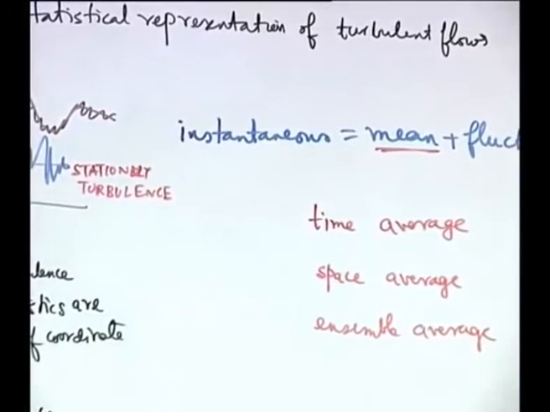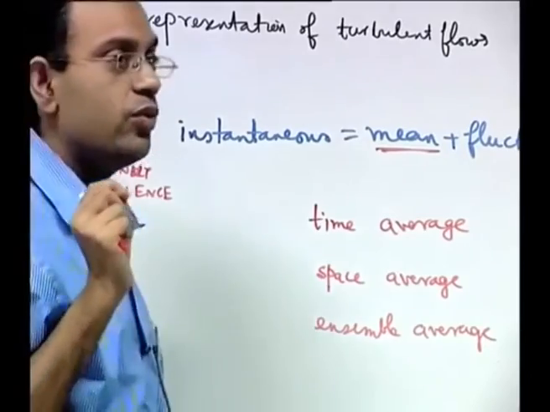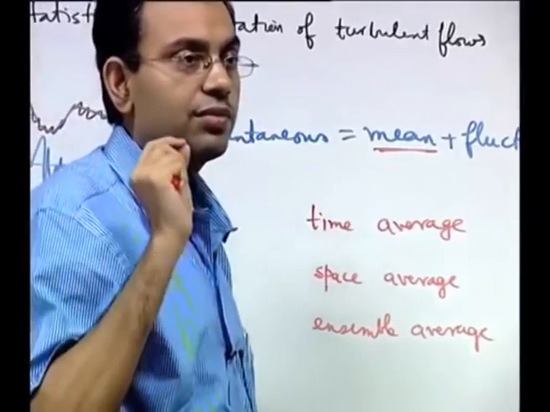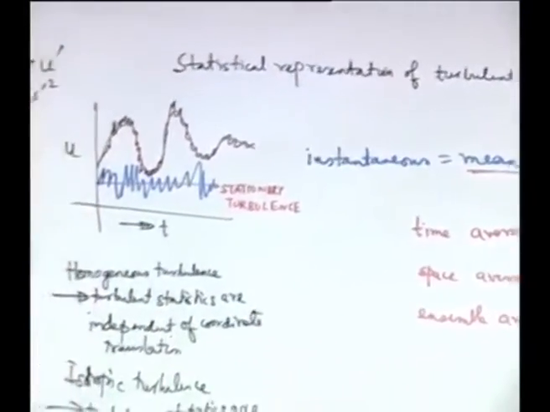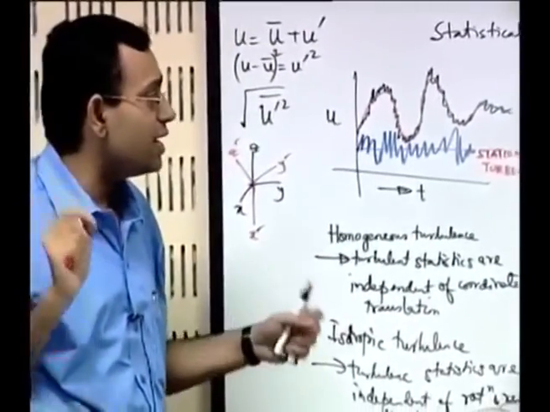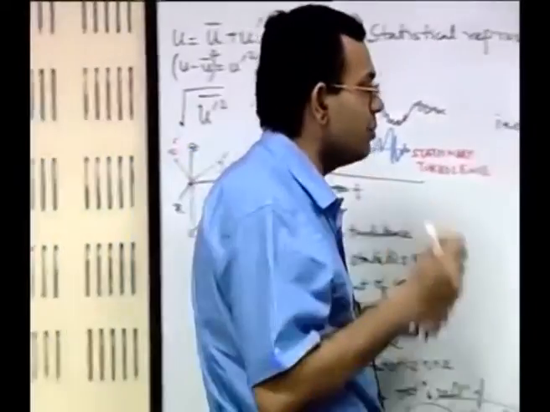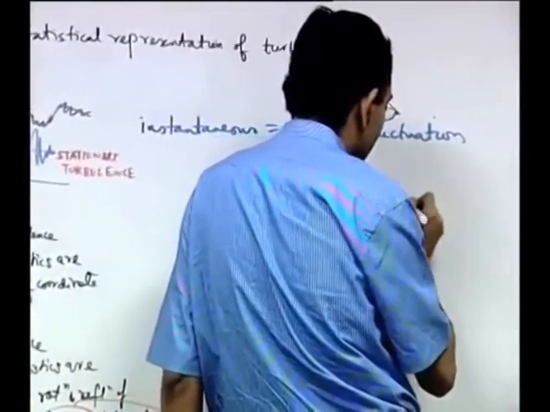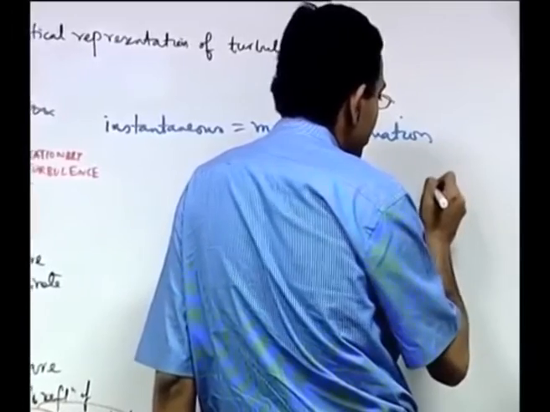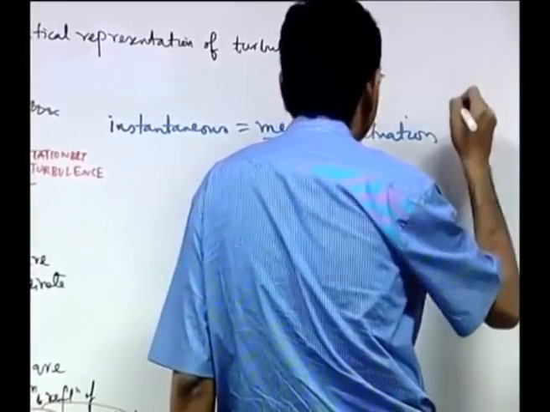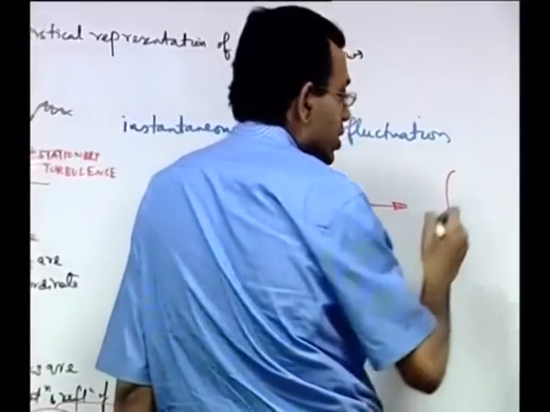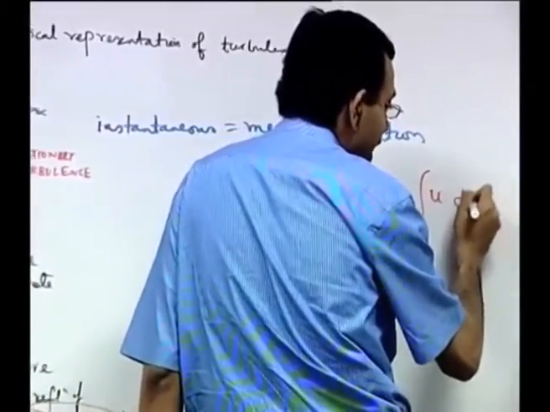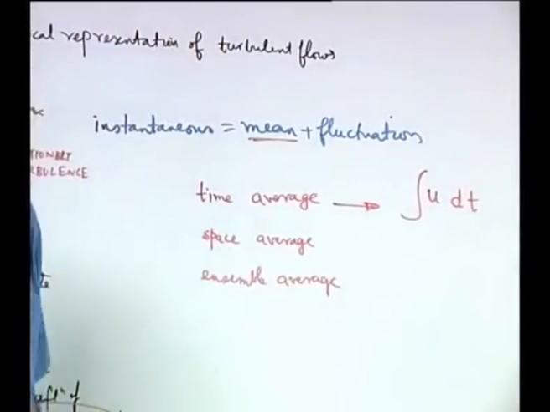So what is time average? At a given location, you measure the property as a function of time and then find out an average. So how do you write a time average? Let us say you have u versus time. To write the average, you must integrate u with respect to time over a time period,